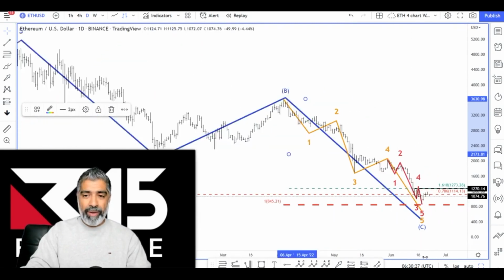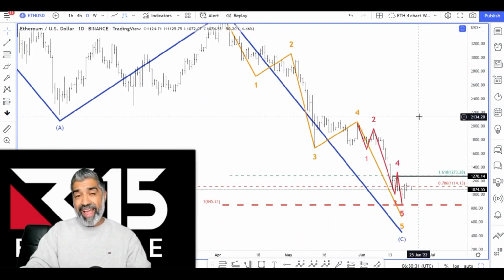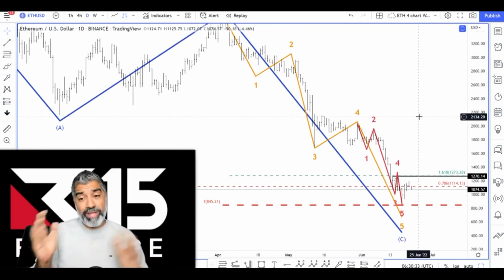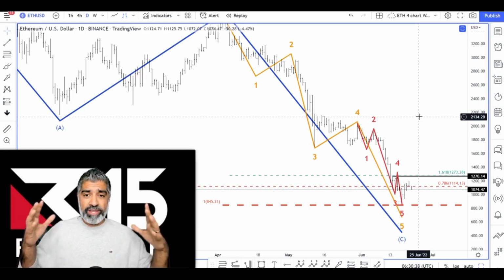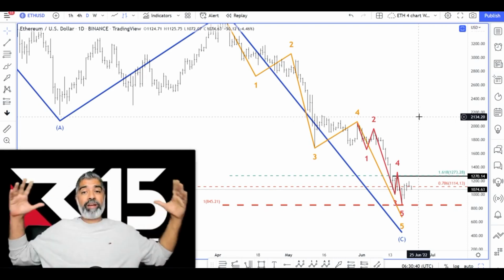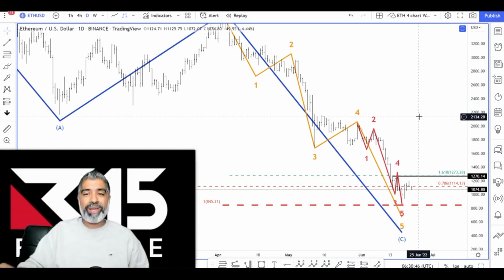Really powerful information, and these are leading indicators telling us it's likely we are seeing Ethereum, and we're going to drop down to a lower degree time frame for our entry setup. How do we go long on this? What we've got now is very powerful. We've got macro retracement, we've got the blue intermediate count, and now we're going to go into a micro count. We're going to look at the amber.